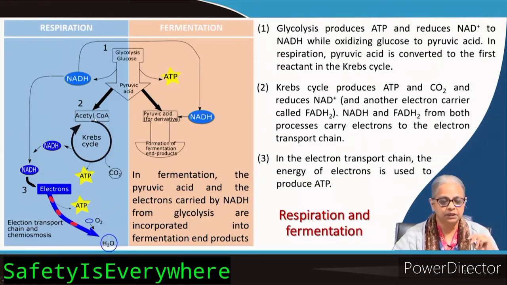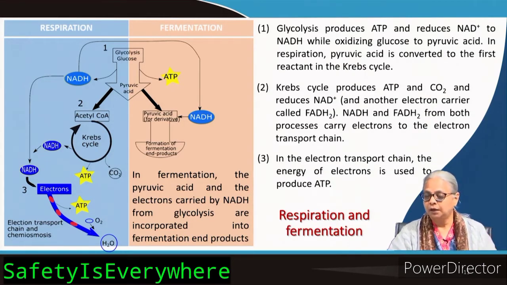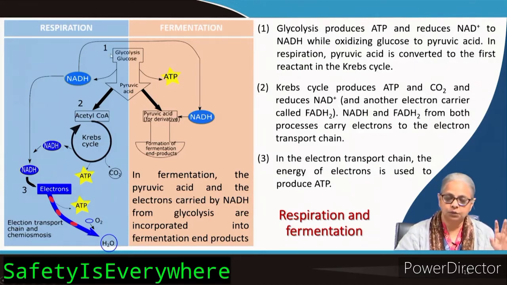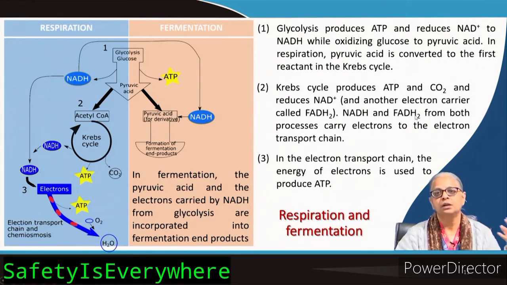In the Krebs cycle, in the first step you also get NADH and ATP generation. In the second step you again produce ATP and CO2 and reduce NAD plus to NADH, and NADH and FADH2 from both processes will carry these electrons through the electron